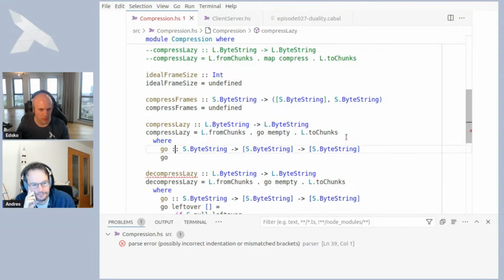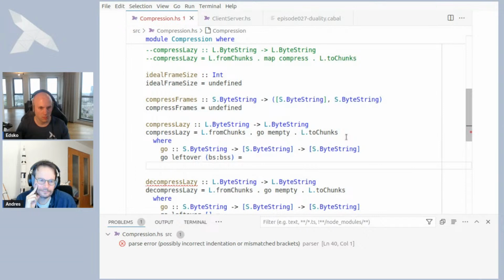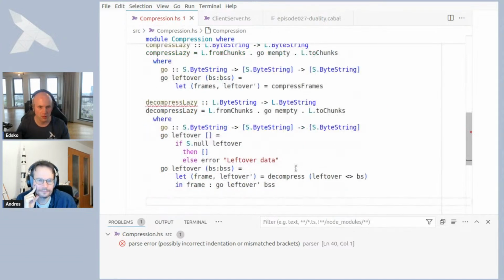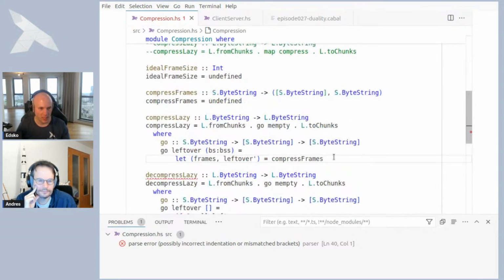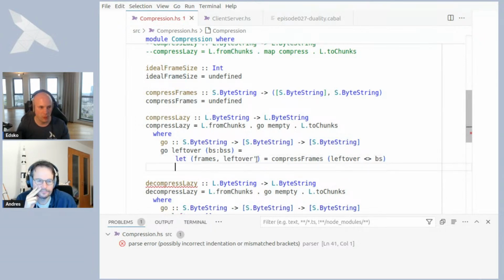Oh, sorry, the signature is the same. So again, we do the same thing. We call compress frames, the function that we defined here, or did not implement. And what do we pass? Well, we pass it the leftover data from the previous call, along with the thunk that we have here. We get a bunch of frames from it and some leftover data. So we just output all those frames